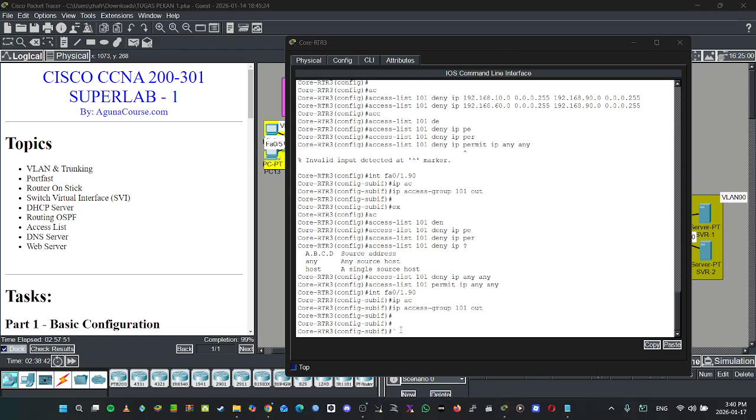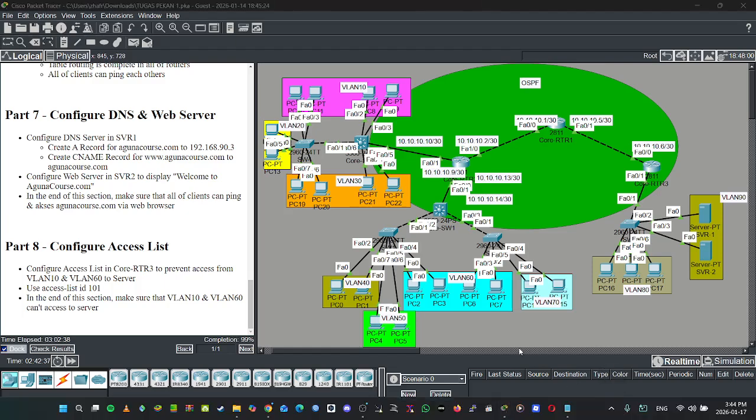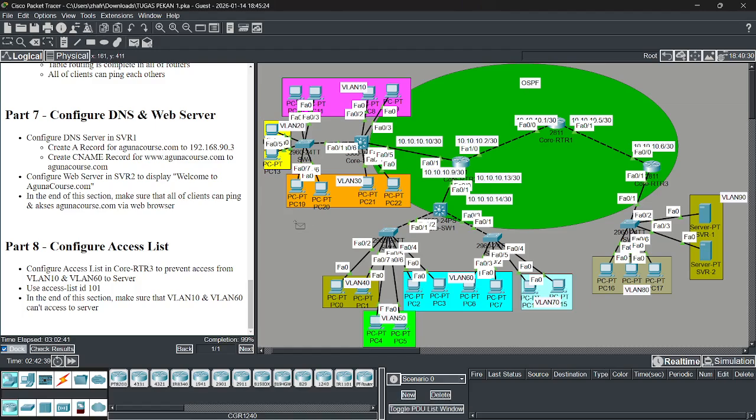Okay, we remove the access list this way. Okay, and then we make sure from VLAN 10 we can go to the server. Okay, we cannot, and then VLAN 16 fail.